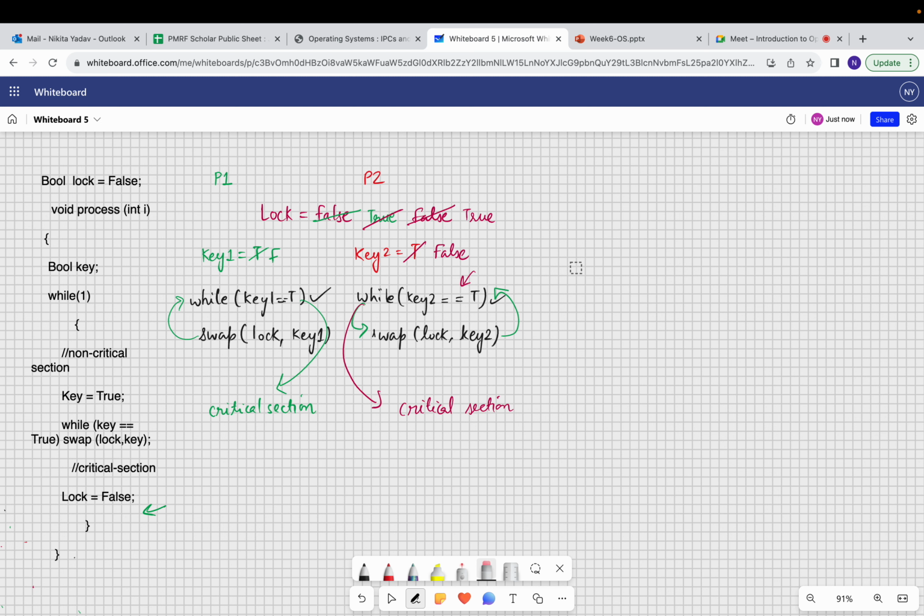But which one? There is no ordering ensured by this code, and it doesn't ensure that no process will wait indefinitely. So in general, I think this code does not provide bounded waiting, but for two processes it does,